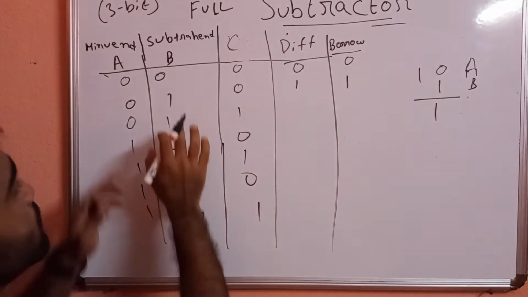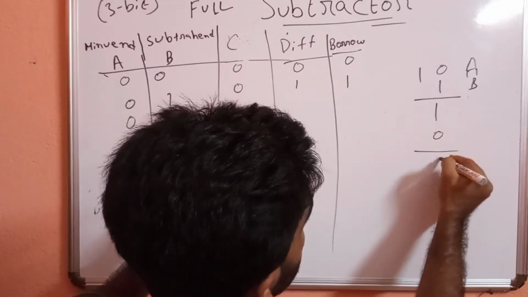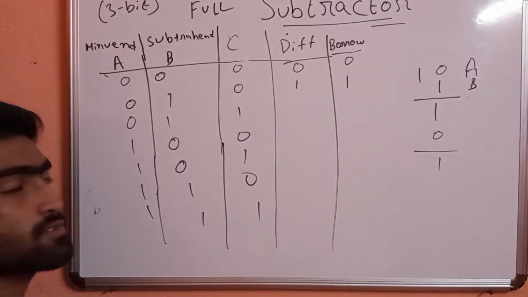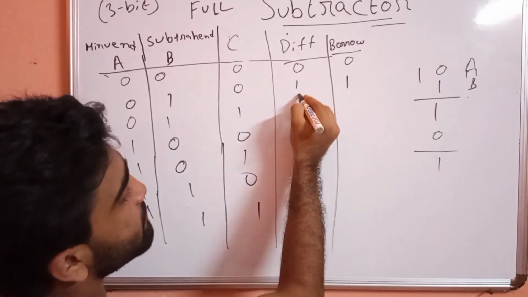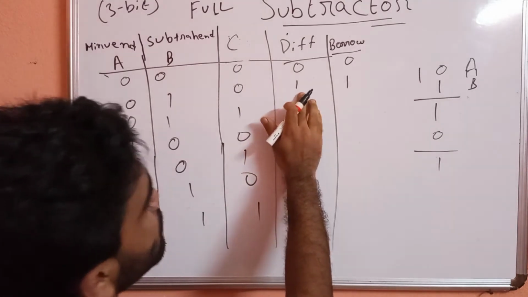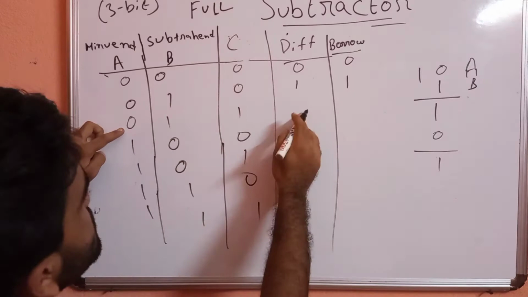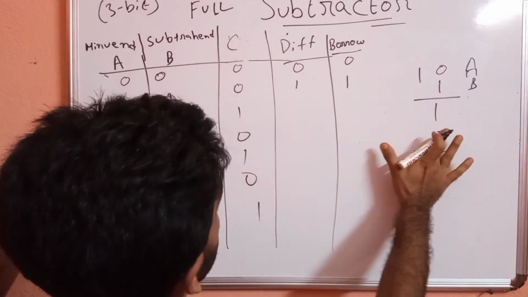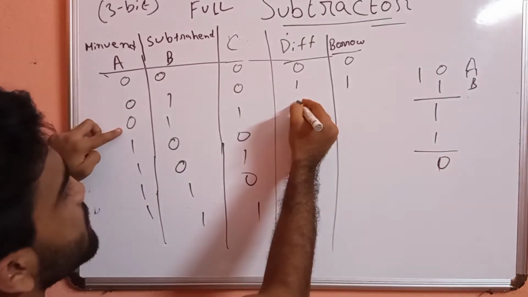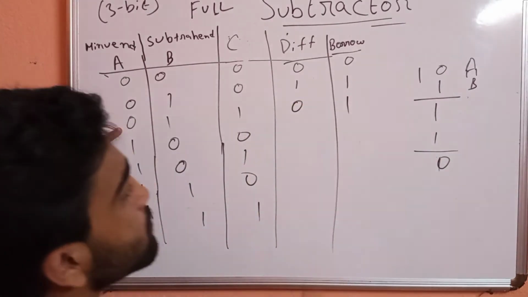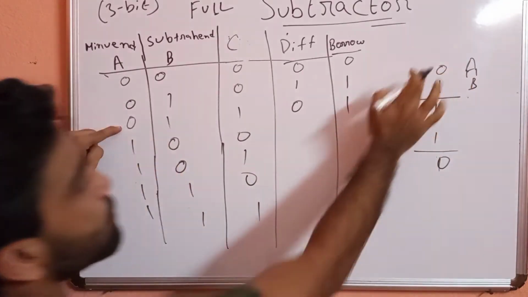Right? Now we are doing with C. The output we got, we are doing that with C. Here also the difference is 1. No need for any other borrow. So borrow is already 1 by doing A and B, and difference will be 1 only. Okay, now AB is 0 and 1, same combination. But this C is now 1. That means 1 and 1 is 0. That means difference will be 0. Borrow will be 1. We have taken a borrow over here doing A and B.